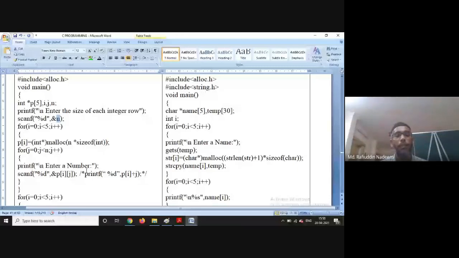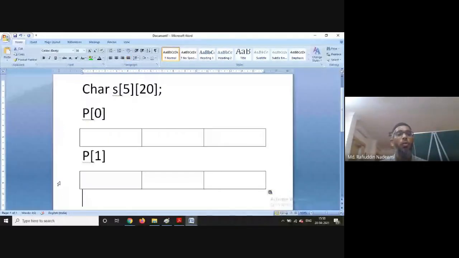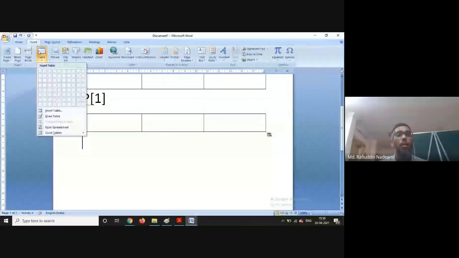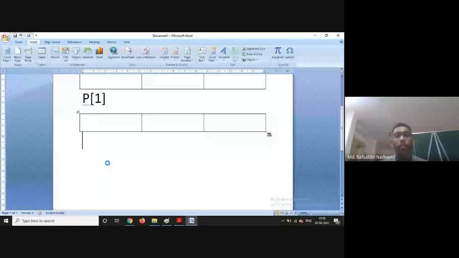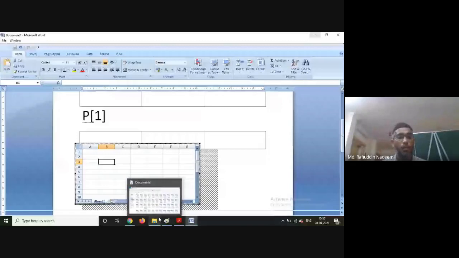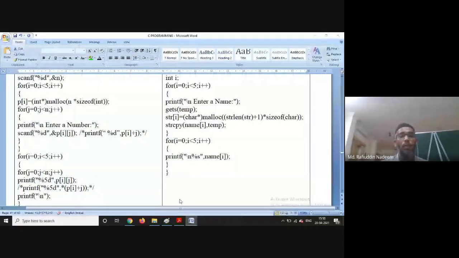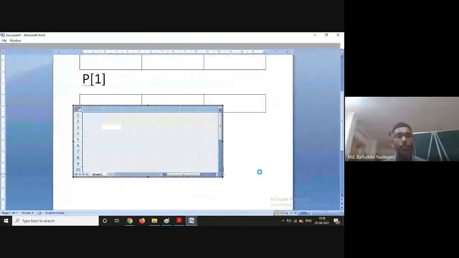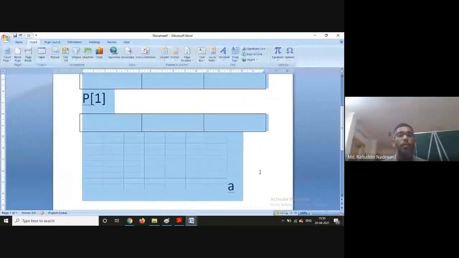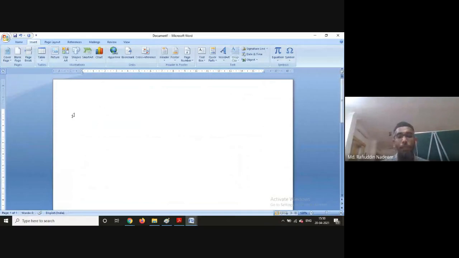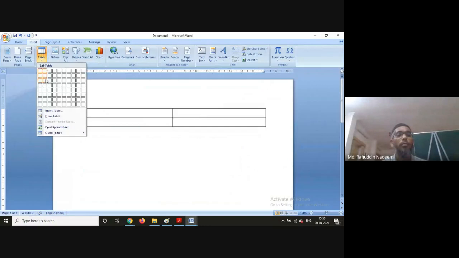Once the 5 arrays are created, each of size 3, because n is given as 3, 5 arrays will be created.